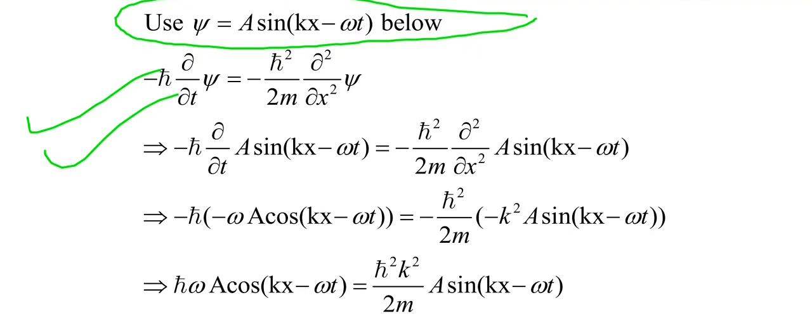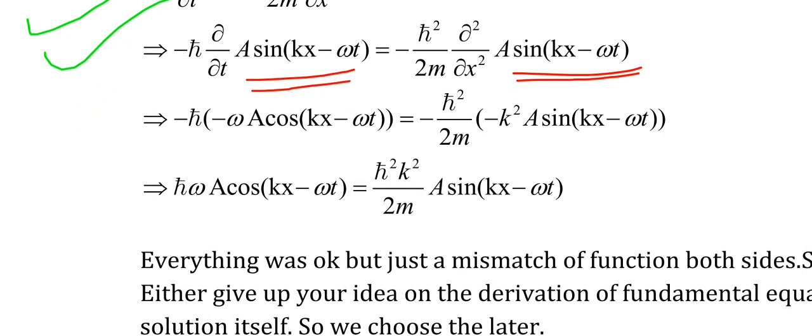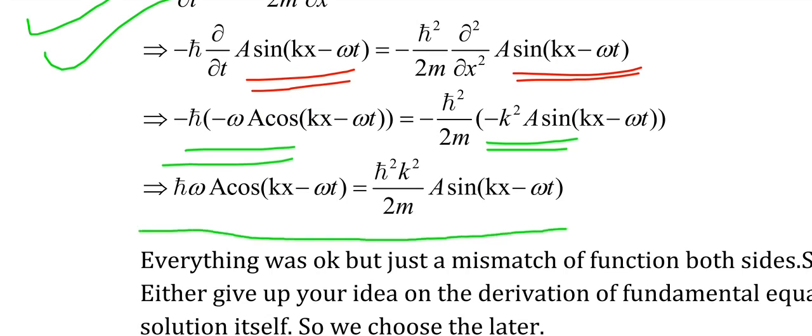I want to check whether the RHS is equal to LHS. You can see very easily that I have just put the value of psi in both sides, and then I use the differential operator. One brings my omega outside, the other brings my k square outside, and then I get an equation which is not consistent, because on one side I have the sine and on the other side I have the omega,